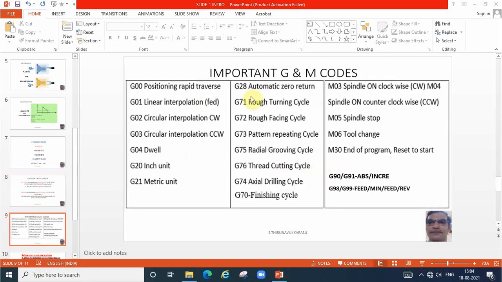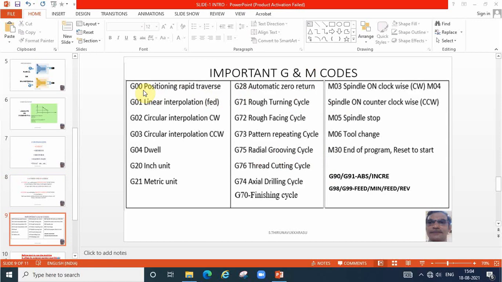Say important G codes. G00. What is G00? G00 is rapid traverse. Whenever the tool is moving very fast, it is called rapid traverse, G00. Where are we giving G00? Say initially the tool is far away from the workpiece at the 0 point, tool reference point.